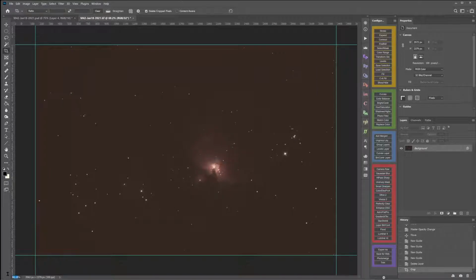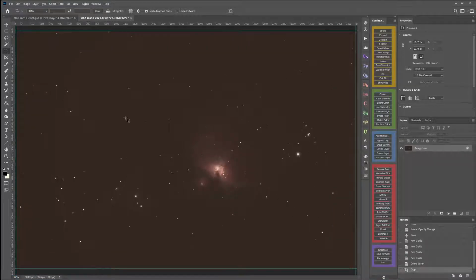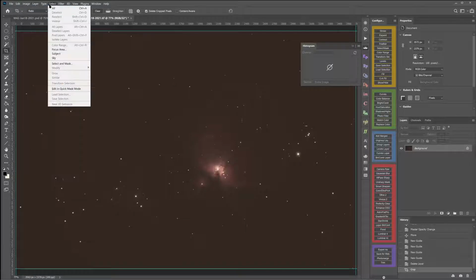And let's get it as full screen here as we can. That's good enough. And then I started attacking it with the levels. Now, at the 32-bit mode, we can't go into looking at the histogram yet. That appears to be a 16-bit image function. So all I could really do was go to